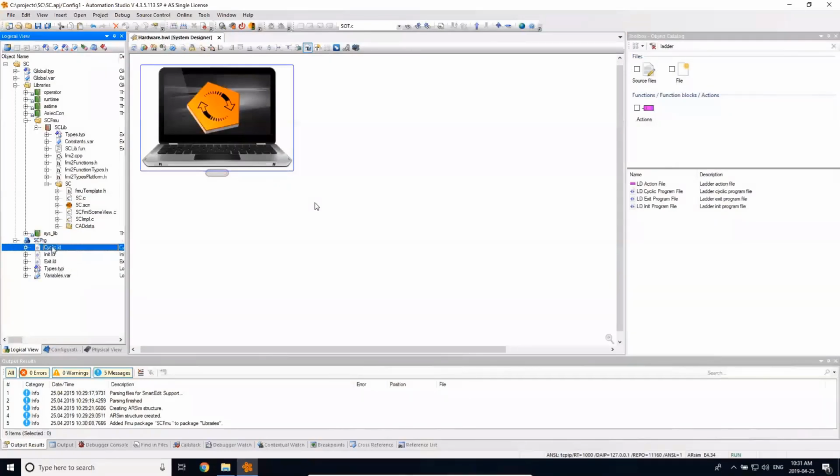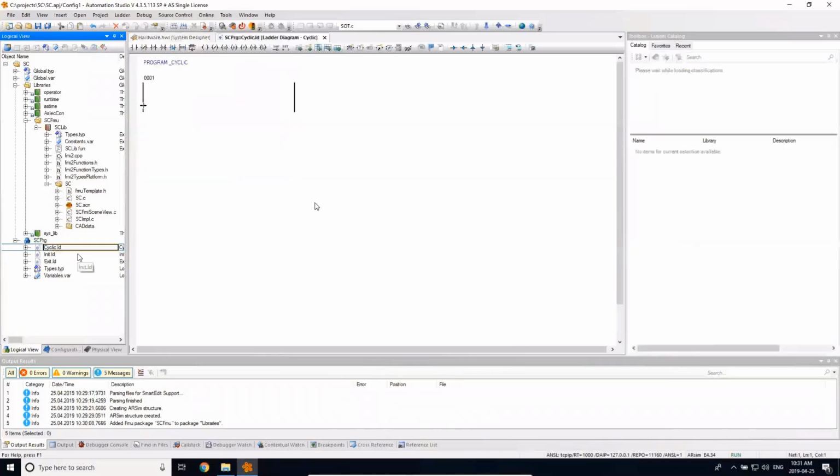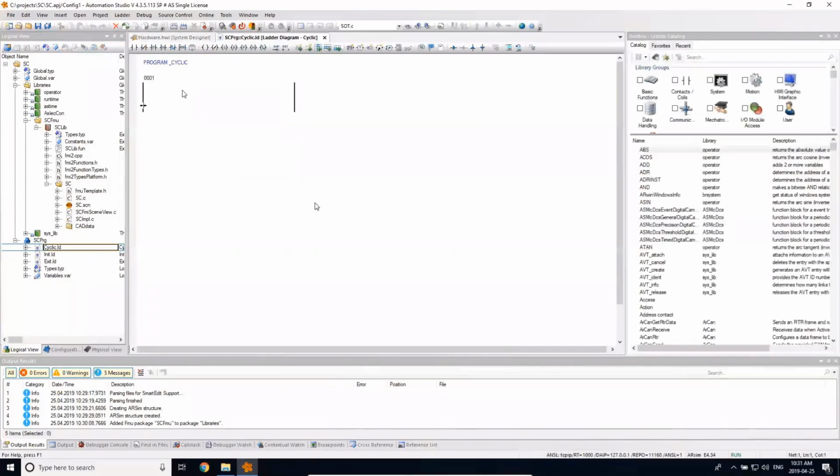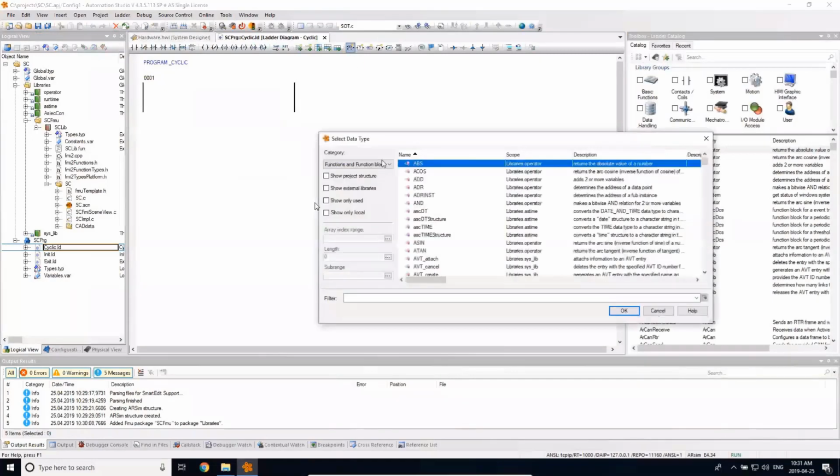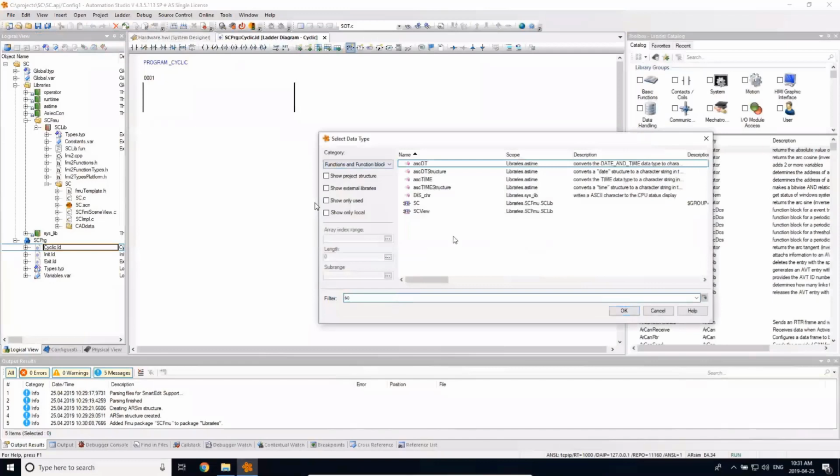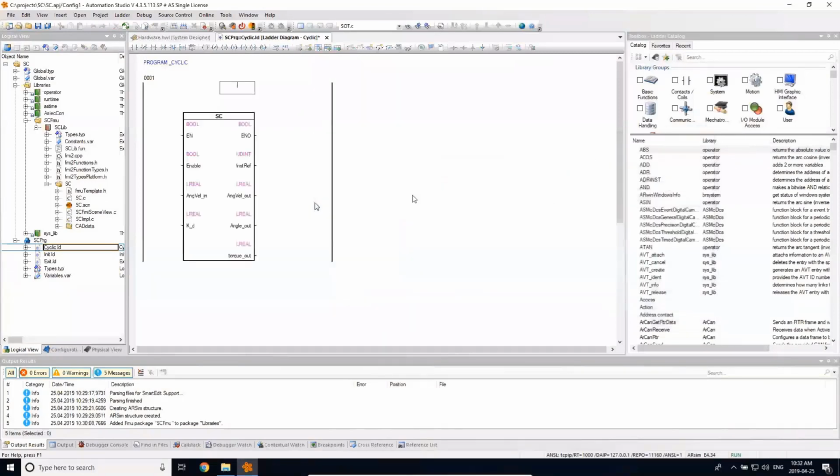I'm going to open up the cyclic. The cyclic is the one that's going to be running continuously, versus the initial and the exit. The same kind of flow and idea would work if you're creating this in, say, a C program or in structured text. What I want to do is insert a function. So I click this button, and I can search for my SC. This is my slider crank. You see that this is what was brought in from my FMU. So I click that, and give the name